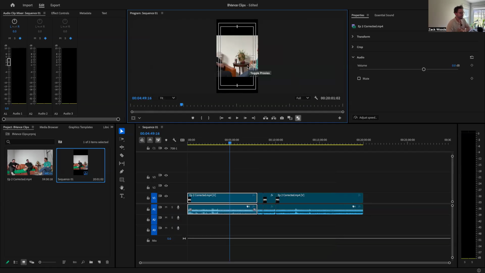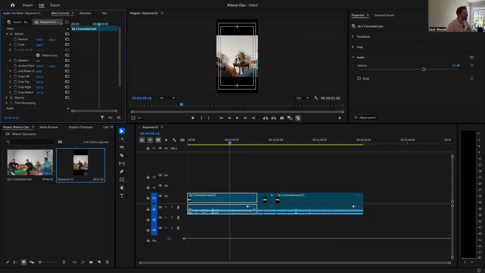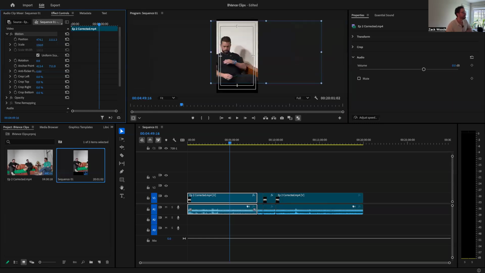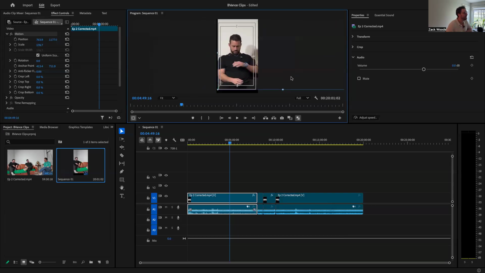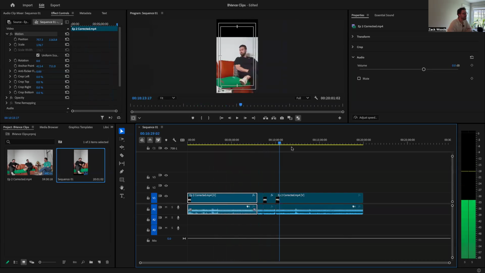Now you can see that everything got moved to this format, and look at this. So I have these different sections, right? And now I'm going to go to effect controls, and I'm going to double click. Okay. So I'm going to pull this frame over, and now I'm going to go to scale to 150, right? Look at that. Now we have Brian full screen. So the whole video will be Brian full screen talking. Sweet, right? The whole thing is like that.